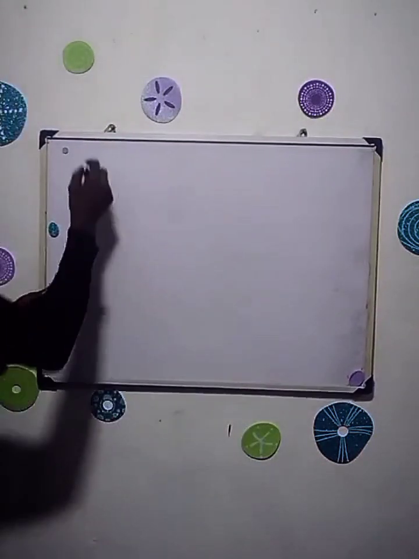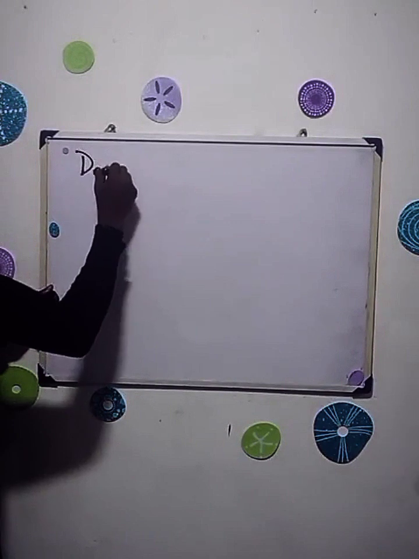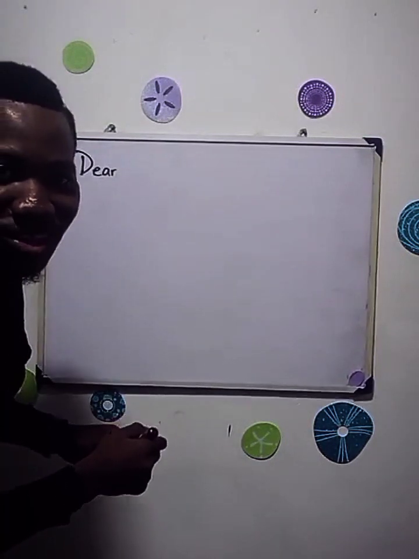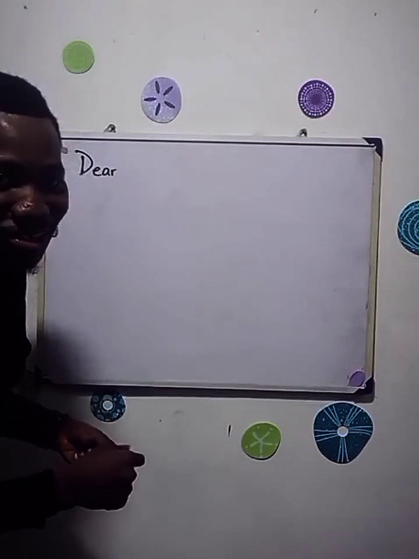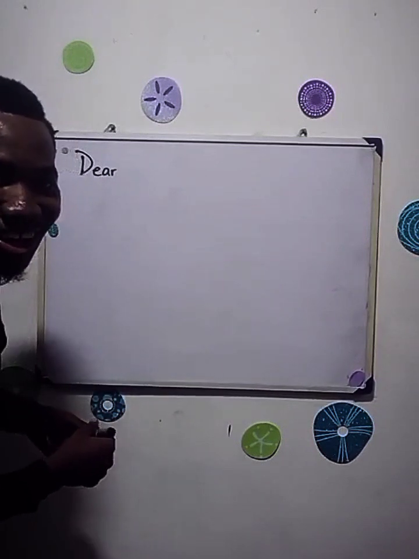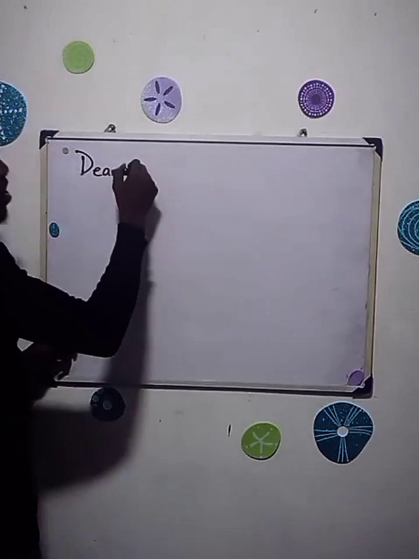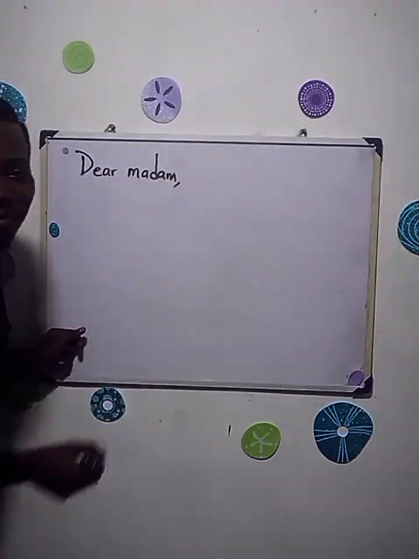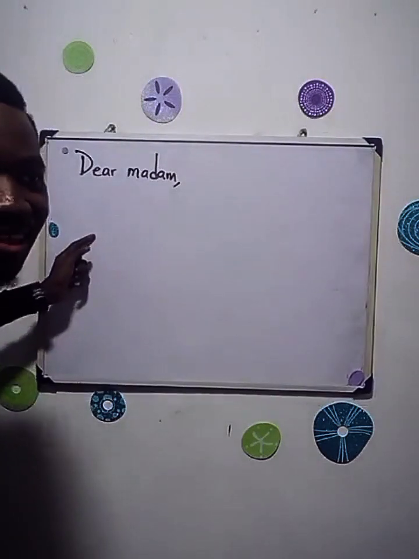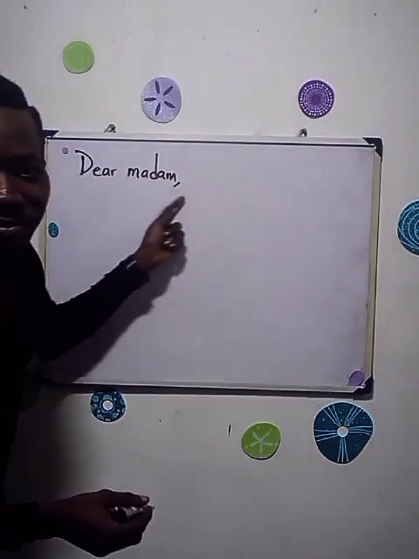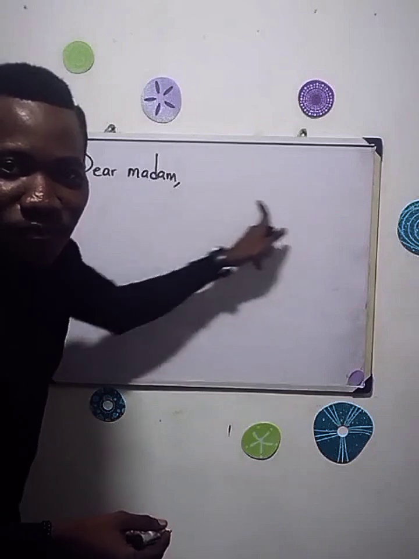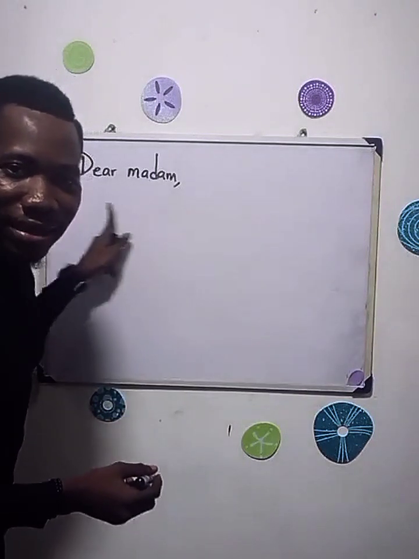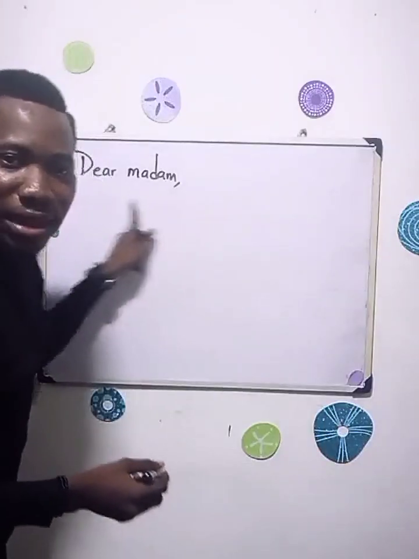So, I sent my address 3 times, but no one's. Okay, we did not see your address. Dear madam, then a comma. So, dear madam, then a comma. Then the next thing that would follow would be the title of the letter.